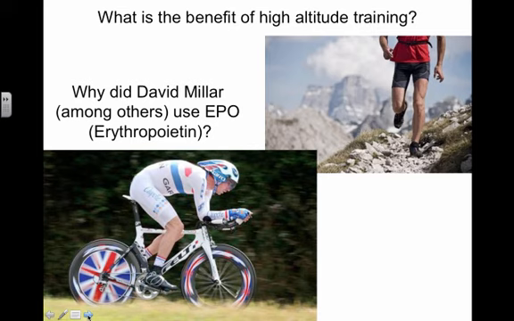Now, some cheaters, like David Miller, who was a bicyclist who got a 2-year suspension for using synthetic erythropoietin. You can use this hormone to give yourself an edge in competition. So that's one of the things that David Miller and maybe some others, maybe even Lance Armstrong, who also is definitely a doper,